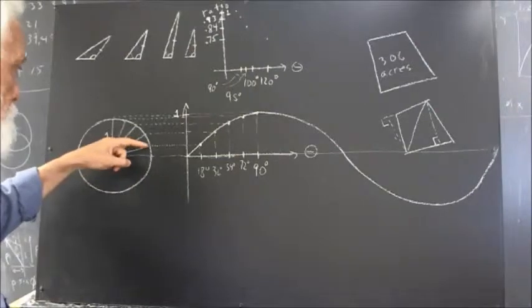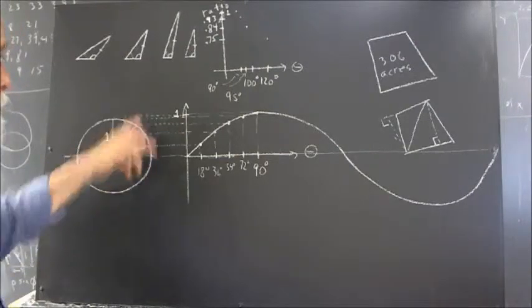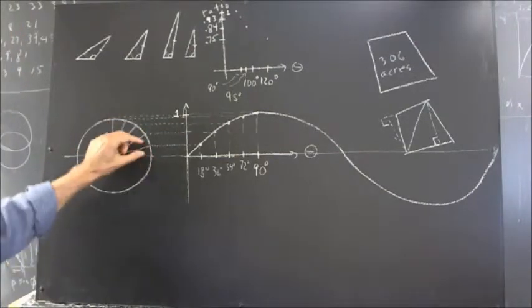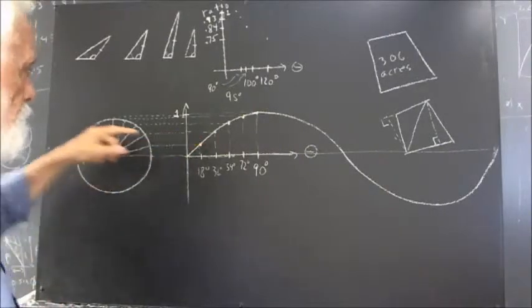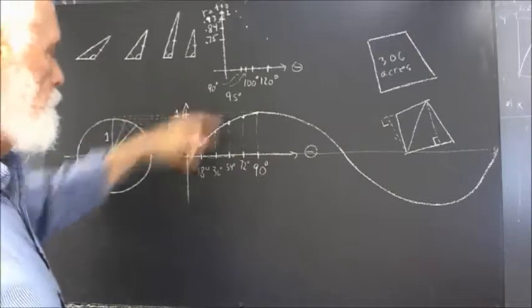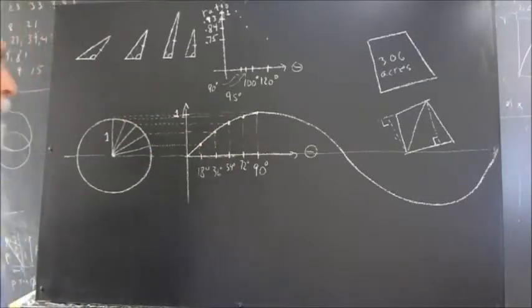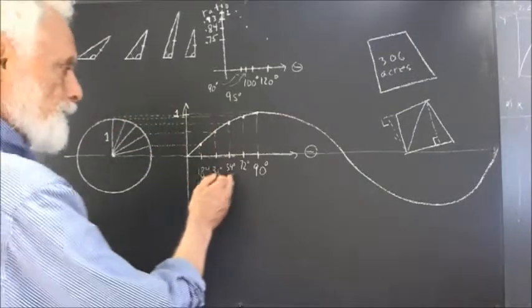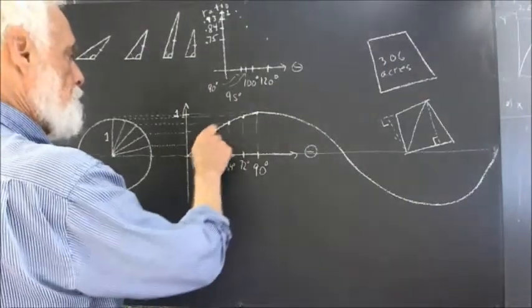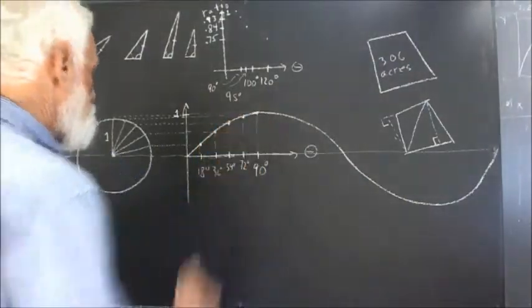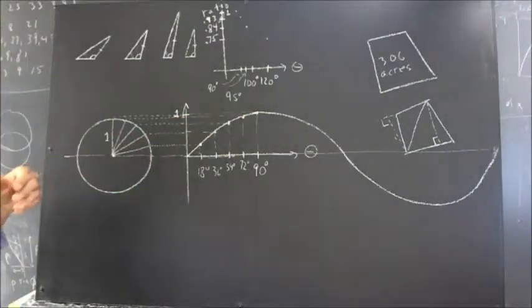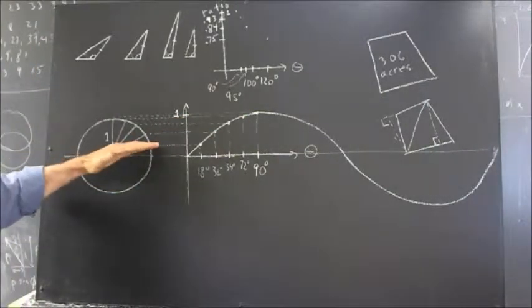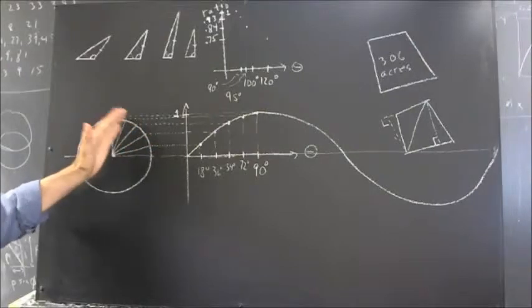And I'm going to look at what we would think of as an altitude, okay, this distance here. And we draw some dotted lines across here, indicating those distances. And we mark off a scale here so that we can mark the corresponding points on the graph. And these points in the graph would correspond to what we would have if we had started with a small angle, went up to larger, larger, larger. Because,